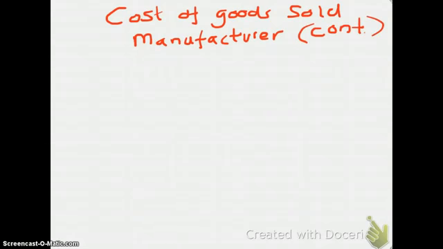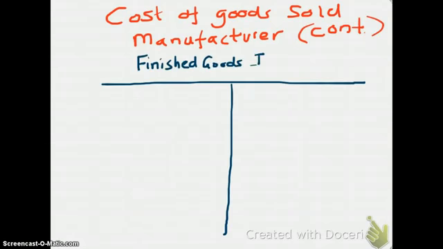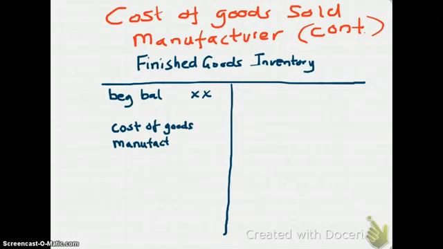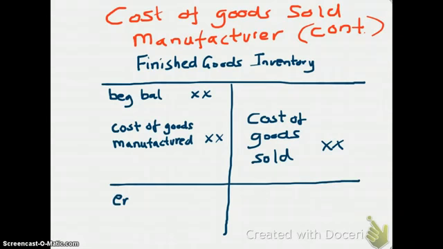So let's now take a look at our finished goods inventory T account. Again, finished goods inventory T account will have a beginning balance of finished goods. These represent finished items that were not sold at the end of the last period. Our cost of goods manufactured increase our finished goods inventory. So whatever goods that we manufactured during the current period increase our finished goods inventory. What decreased it? Whenever we sell it. So cost of goods sold decreases our finished goods inventory, and then the remaining balance is our ending balance of finished goods inventory. So we have to go through 3 T accounts to figure out our cost of goods sold